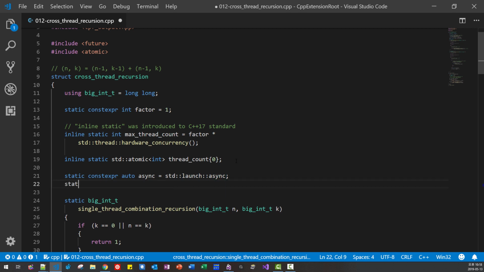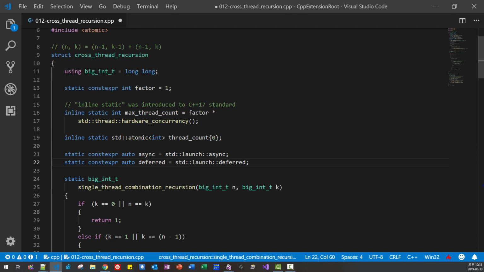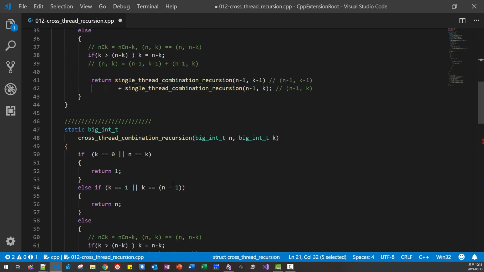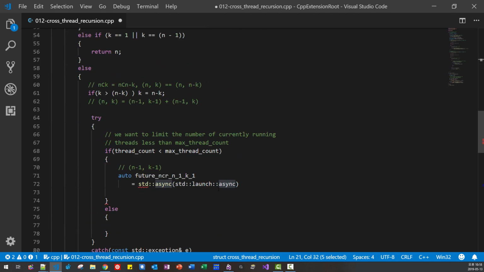Okay, static context pair or deferred, std launch deferred. Okay, then here we copy this, then our syntax becomes pretty.